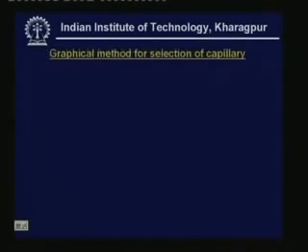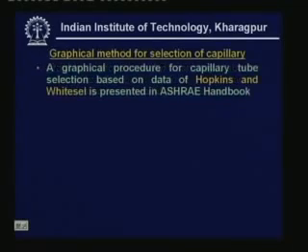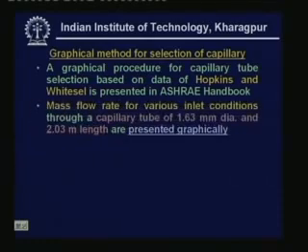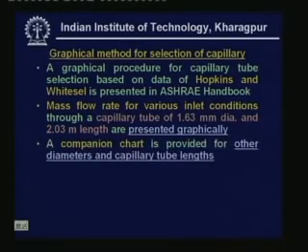Now let me quickly explain the graphical method for selection of capillary tubes. A graphical procedure for capillary tube selection is based on the data of Hopkins and Whitesell, and this is presented in ASHRAE handbooks. Here the mass flow rate for various inlet conditions through a capillary tube of 1.63 mm diameter and 2.03 meter length are presented graphically. For example,